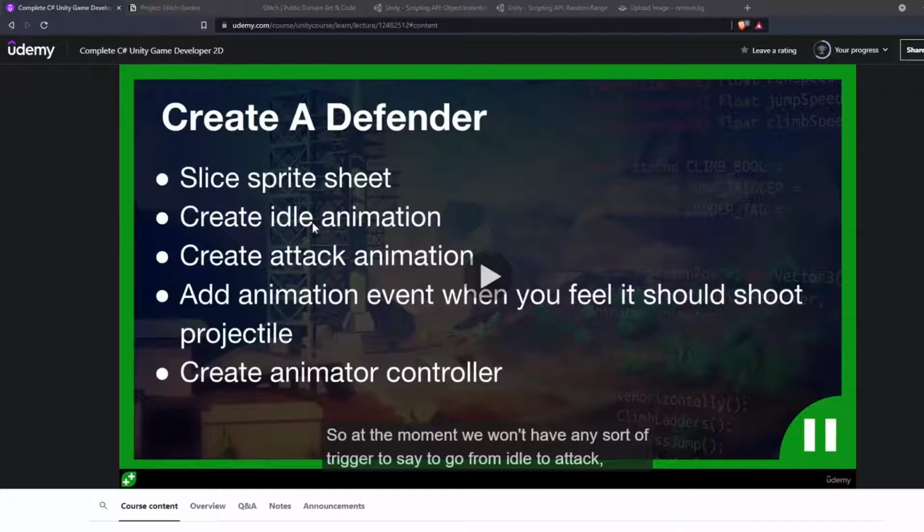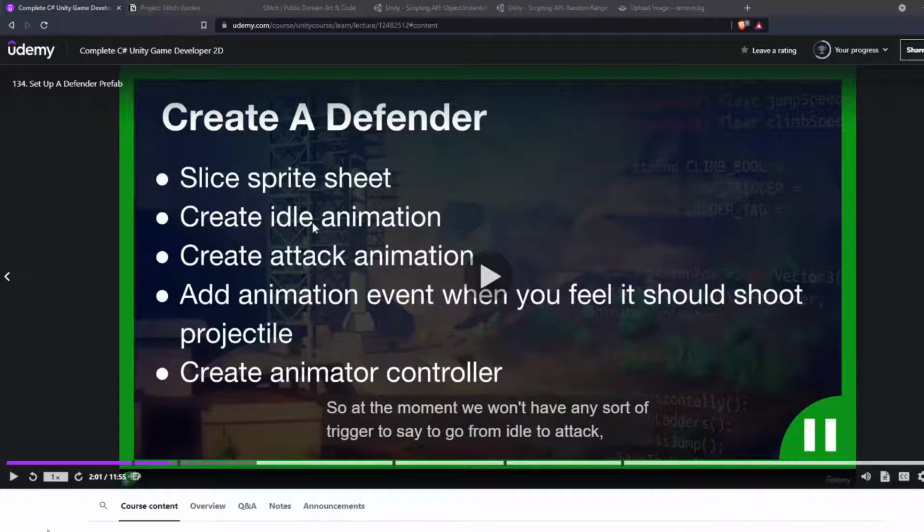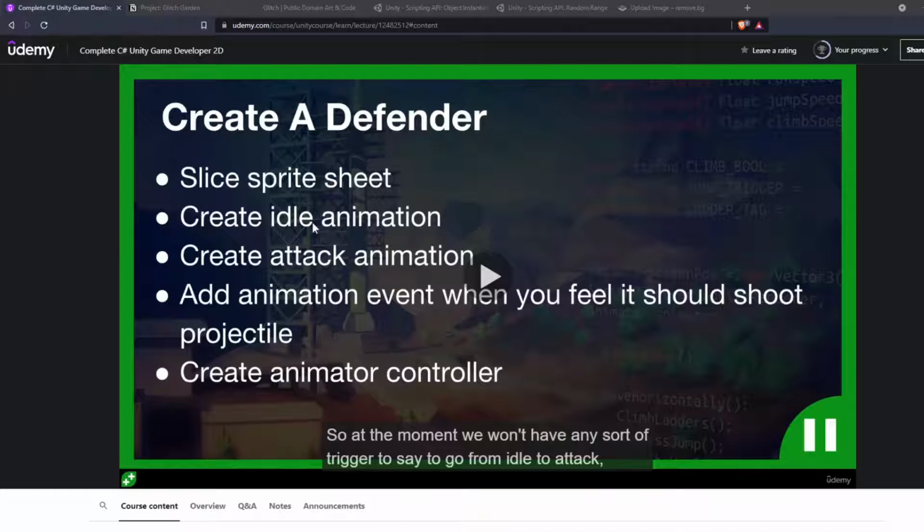Wait, where did I put it? Oh no, yeah, got it. So I saved it